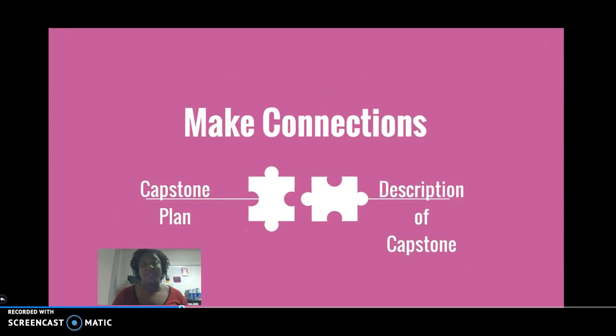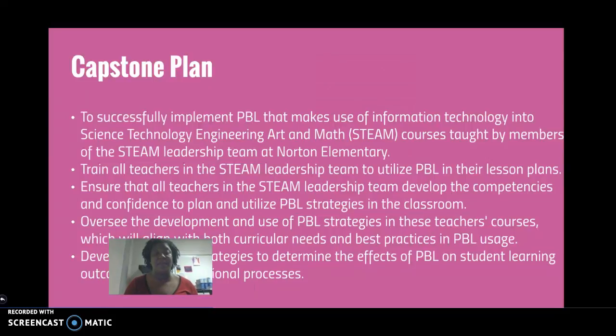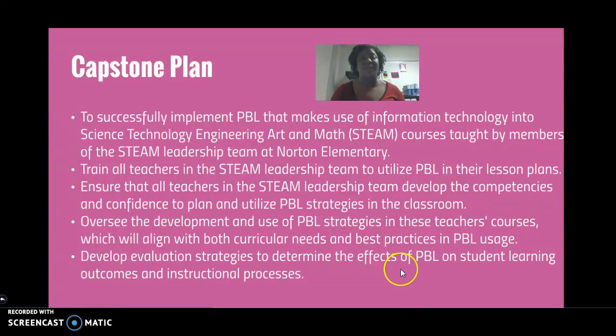And now the capstone plan, where we're making connections between the capstone plan and the description of the capstone. The capstone plan is to successfully implement PBL that makes use of information technology into science, technology, engineering, art, and math, which makes up STEAM. The course is taught by members of the STEAM leadership team at Norton Elementary. We're also to train all teachers in the STEAM leadership team to utilize PBL in their lesson plans, and that's